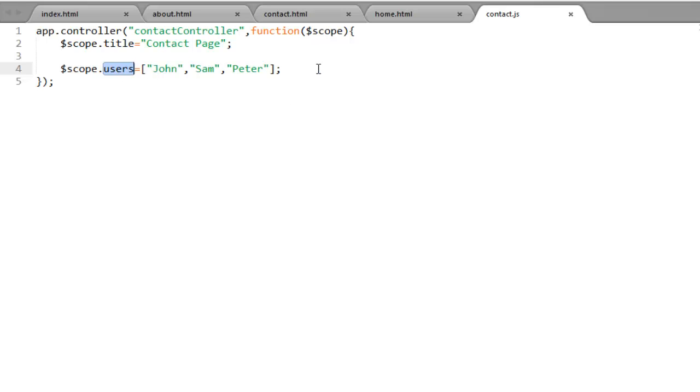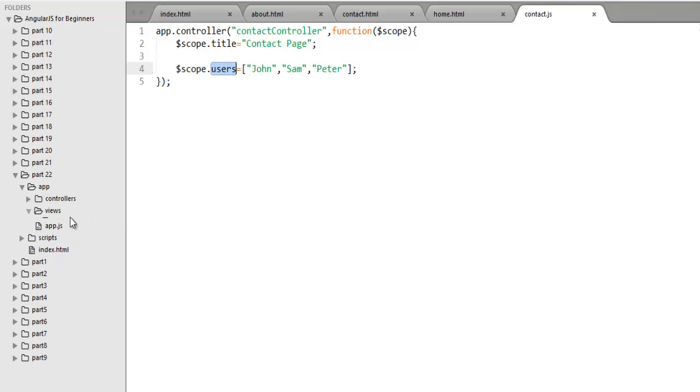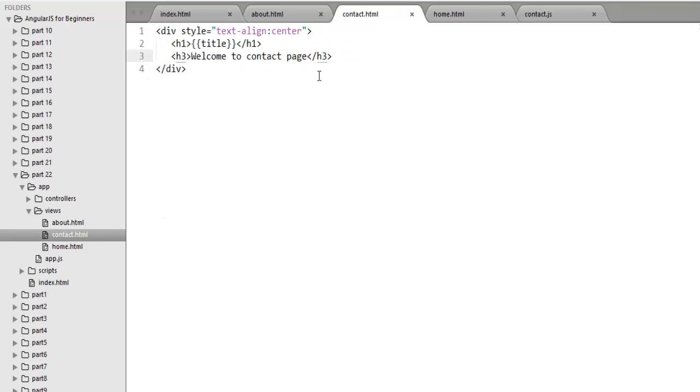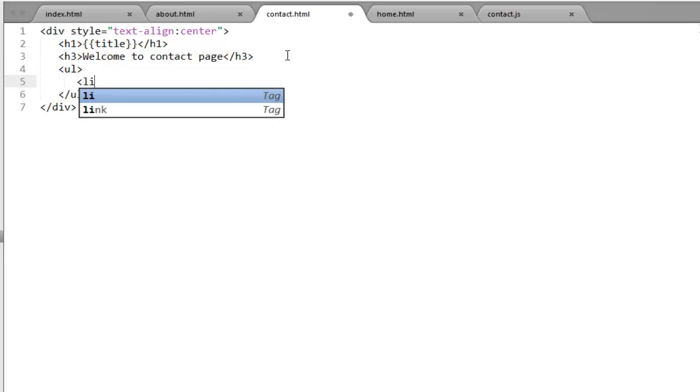In my previous videos I also discussed the ng-repeat directive that you can use to iterate over data. So move to your contact.html file inside the view folder, and I just want to display all 3 users on the page. I have a list, and in the list I want to repeat li for each user.